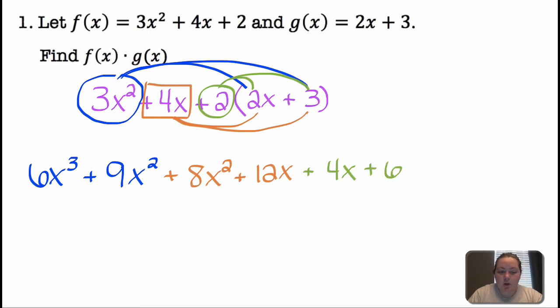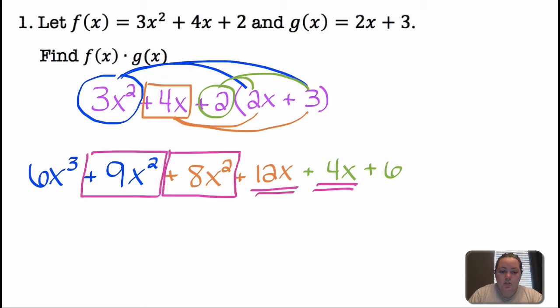So now I have all the pieces, and I'm going to combine any like terms that I have. So I'm starting with the first term, which is 6x to the third. Do I have any other x to the third terms? No. Okay, so then I'm looking at my x squareds. I have 2x squared terms, so I'm going to combine those together, and I have 2x terms, and I'm going